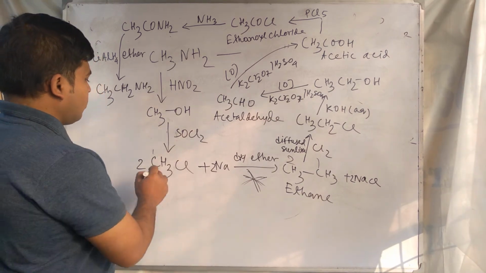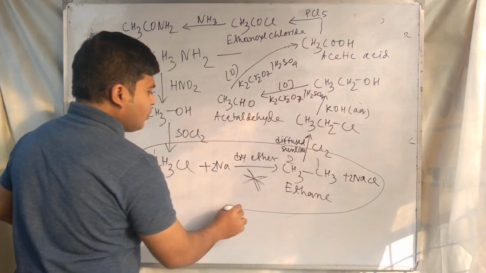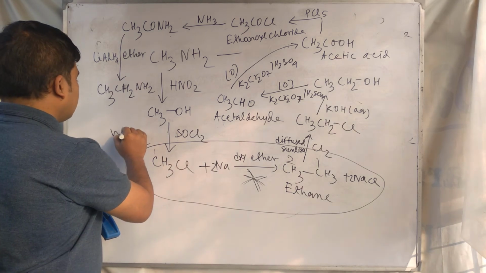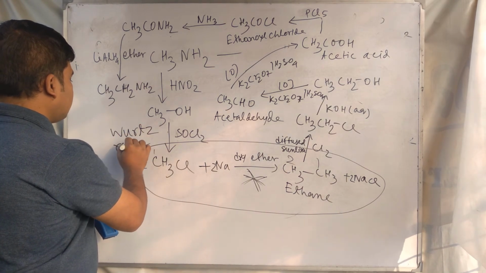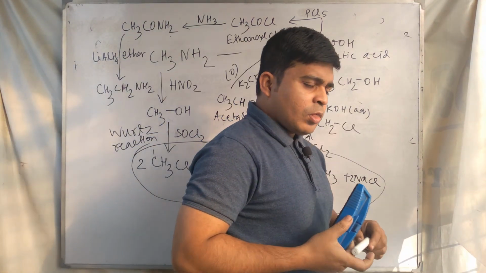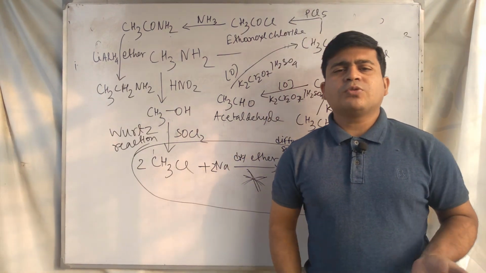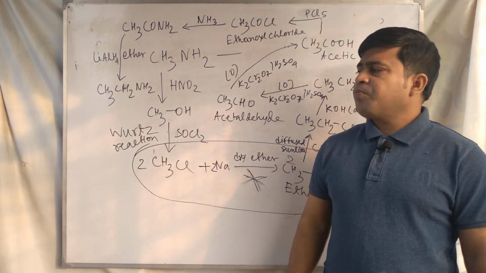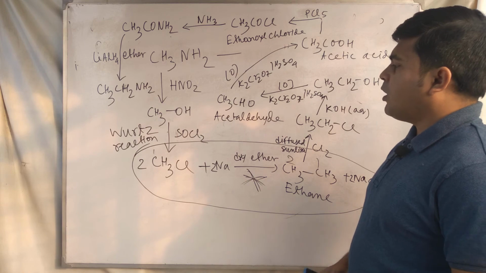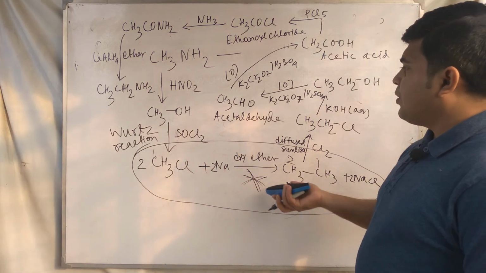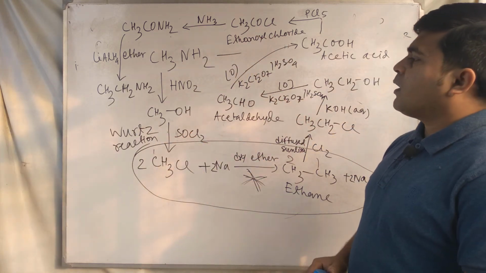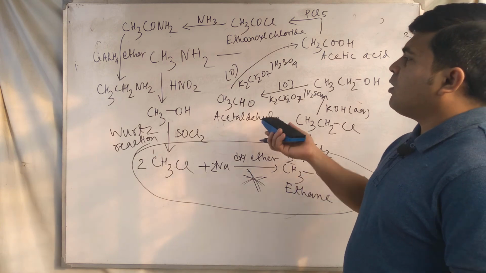So the key reaction that is used to step up this conversion is called the Wurtz reaction. So in this form, by using two key reactions, one is the nitrile method using potassium cyanide and the other is the Wurtz reaction, we can step up the number of carbons. Only in this step do we increase the number of carbons, and the rest of the steps are just changing of functional group, and ultimately we carry out the conversions.